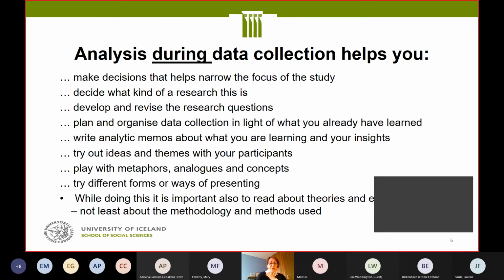I'm not sure that's still her metaphor, but it's important to play with these and see, so what does this remind me of? And some people find it really helpful to write out graphs or draw things, not just write. So different forms of presenting the data and looking at it is helpful.